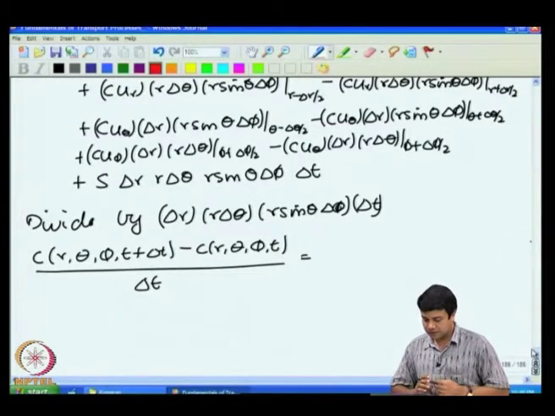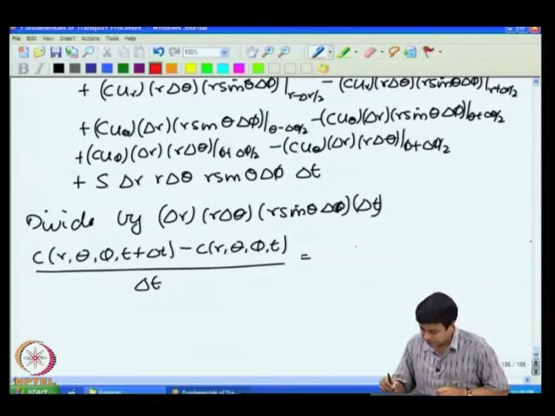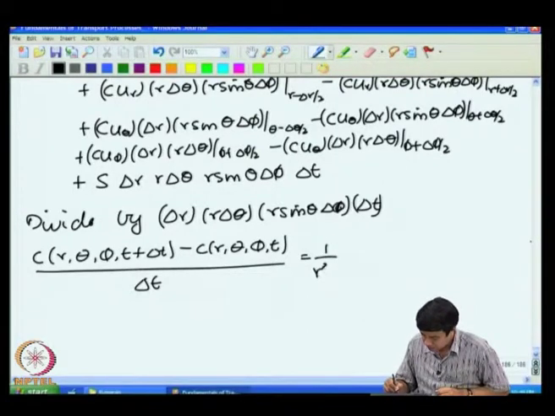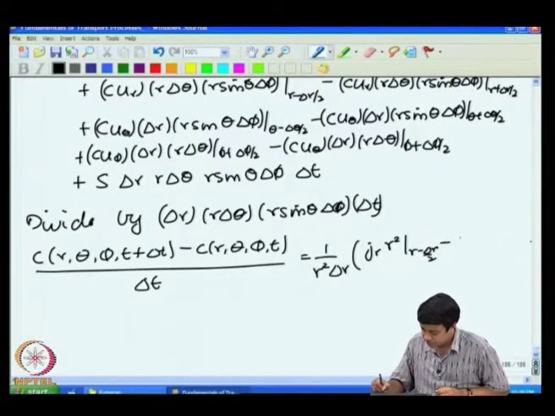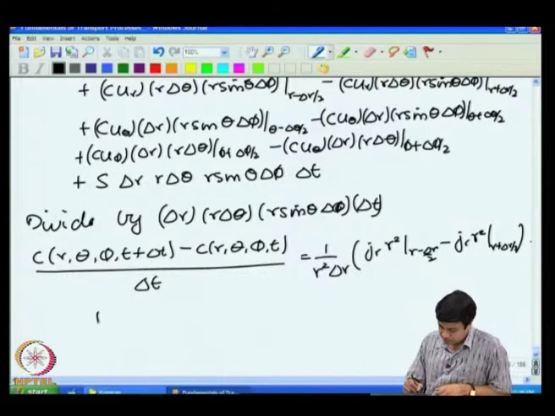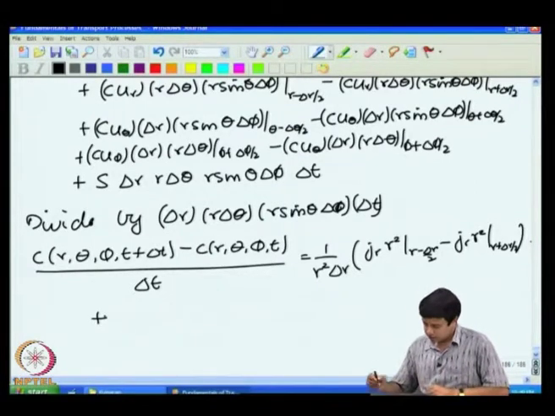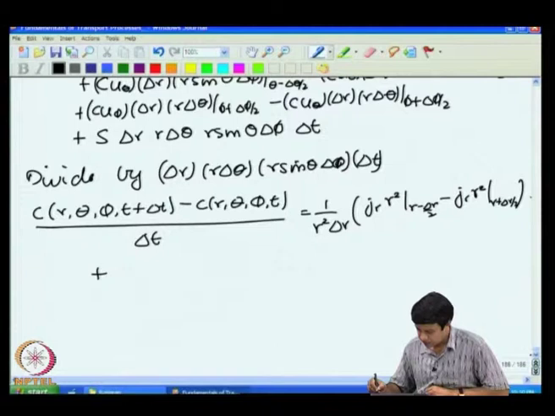So, the sin theta factor will cancel out, delta theta and delta phi will cancel out, but within r I will have 1 by r square delta r into J_r times r square at r minus delta r by 2 minus J_r times r square at r plus delta r by 2, plus, in the theta direction I will have